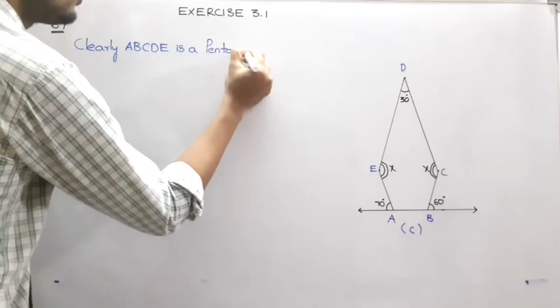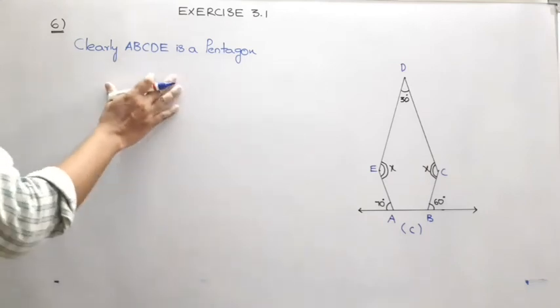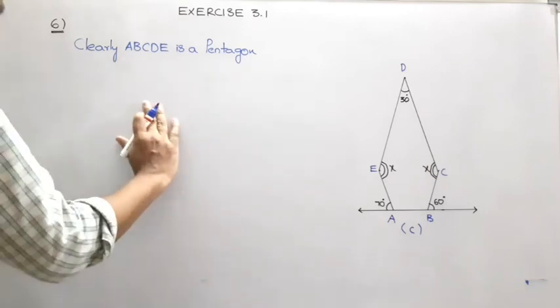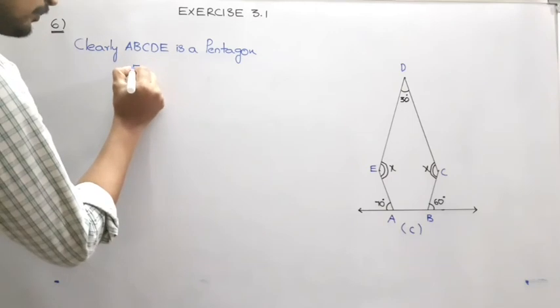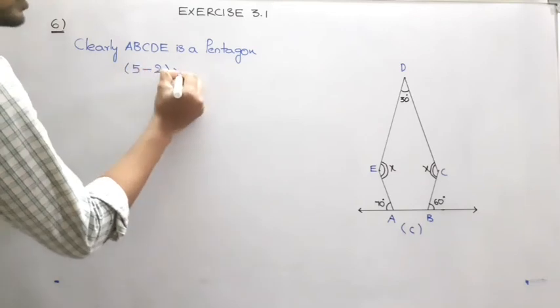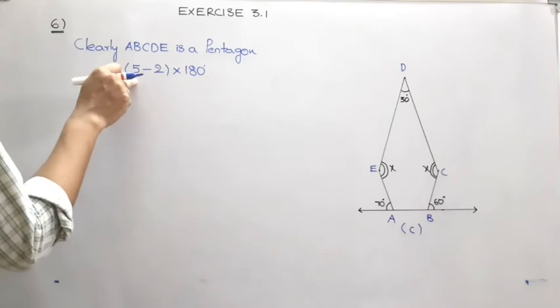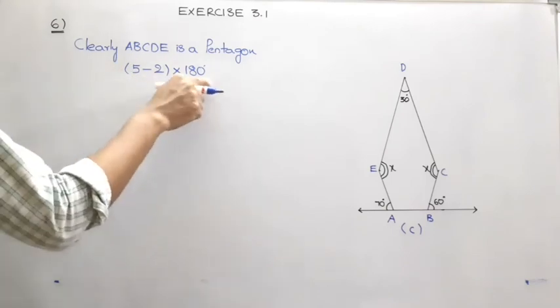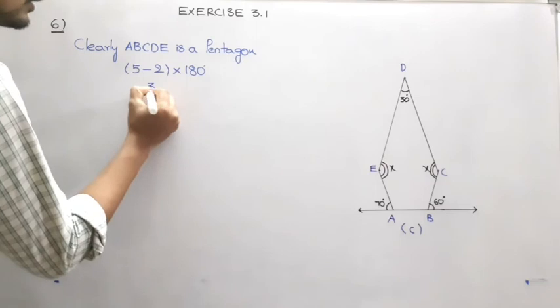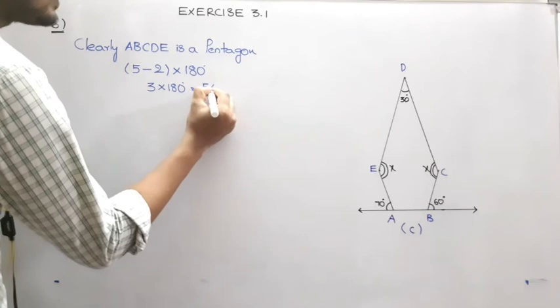Okay, now look. What is the sum of all the angles in a pentagon going to be? It is 540 degrees, because in the fourth question we checked a table where, if the number of sides is 5, we subtract 2 and then multiply by 180 degrees. When you see a 5-sided figure, you subtract 2 from it and multiply by 180. So 3 into 180 gives 540 degrees.